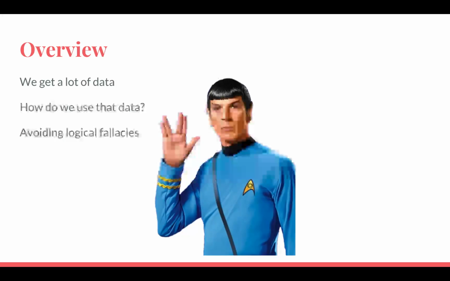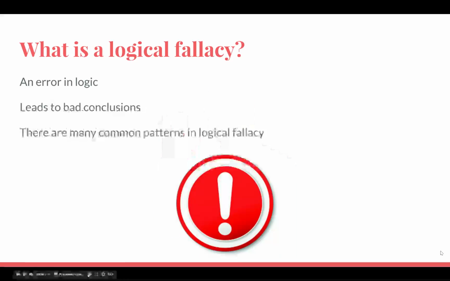But first, what is a logical fallacy? It's an error in logic. I mean, simple enough. It just means that you've made an incorrect conclusion based on some fallacy. There are many common patterns in logical fallacies, though, that reappear often enough that we've given them names and labels. So we're going to cover those today and talk about each one and what the definition of it is, some examples of it, and then hopefully how to avoid it or at least call people out when you see it, because that's something I want you to encourage.